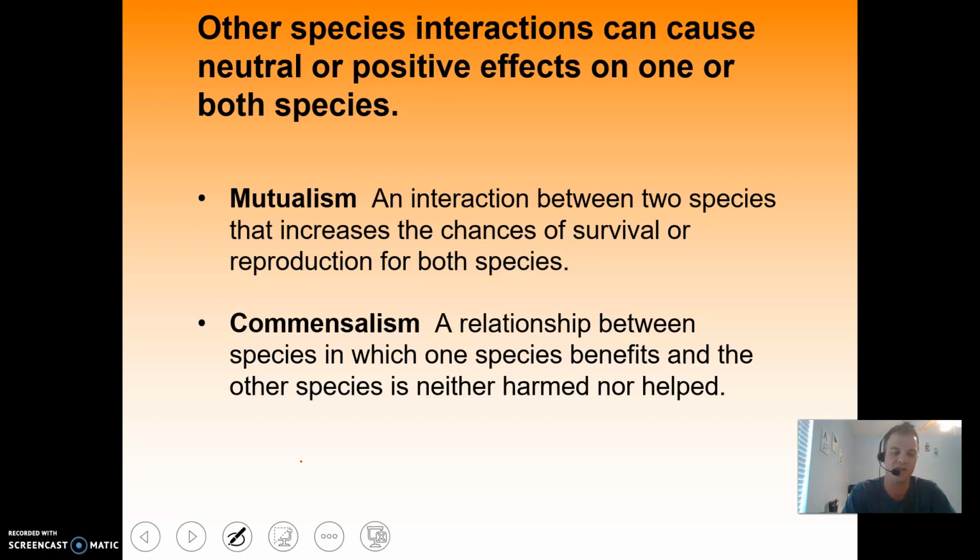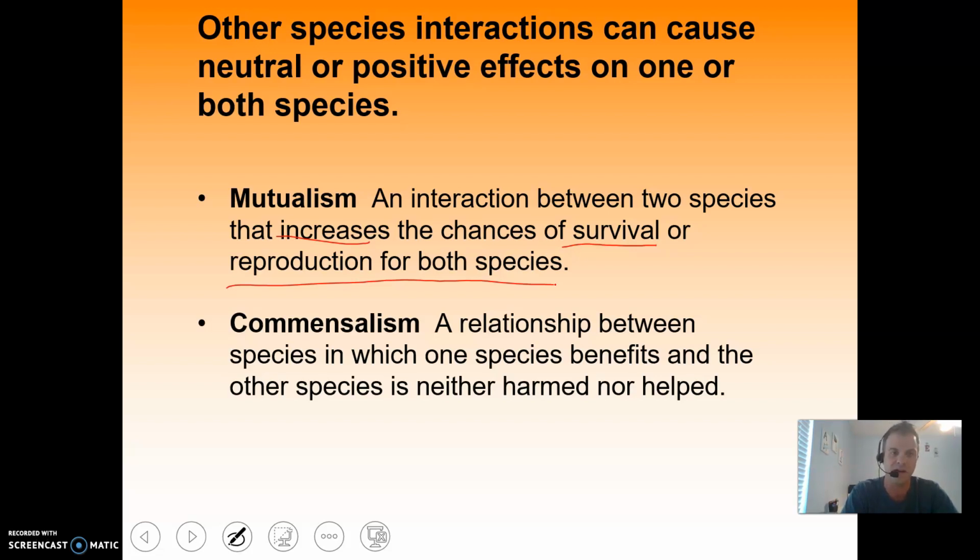Now, there are some that don't have negative interactions. So other species interactions can cause neutral or positive effects on one or both species. One's called mutualism. This is where you have basically two species increasing the chances of survival or reproduction for both species. So this is where you have a positive effect from these two living together. You can think of the shark and the remora fish, where the shark basically gets its body cleaned by this fish that eats all the algae that grows on the back of it,